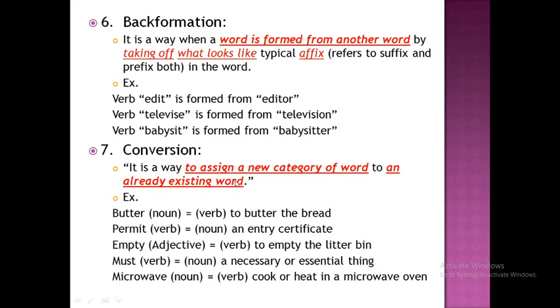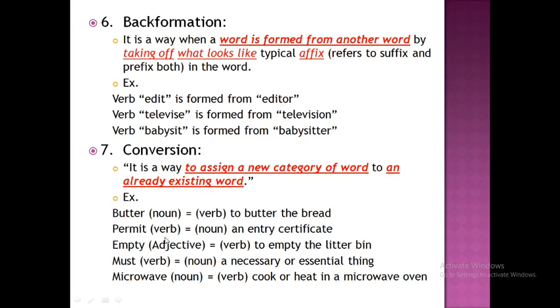Conversion is a way to assign a new category of word to an already existing word. So simple it is. To convert something: there is a word butter. It is a noun, but a new category of this word is referred to as a verb as well. This is a way to use the same word as a verb, using the conversion technique to form